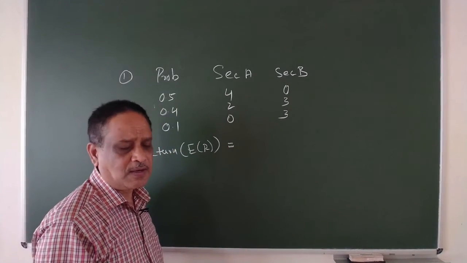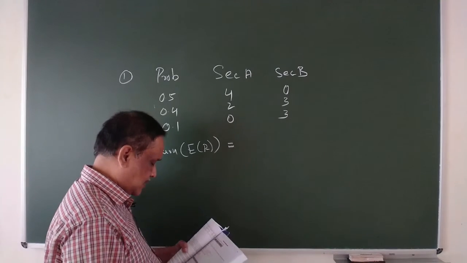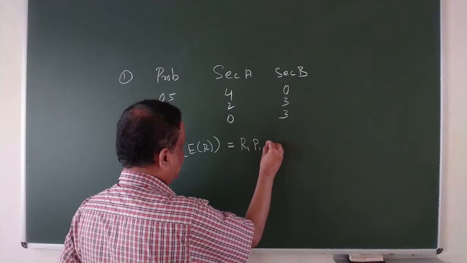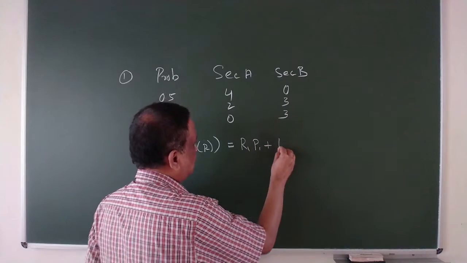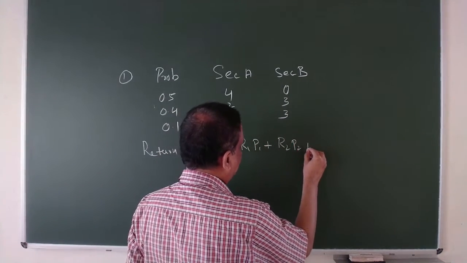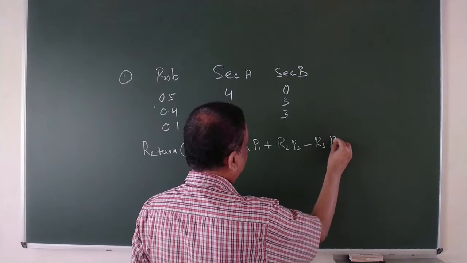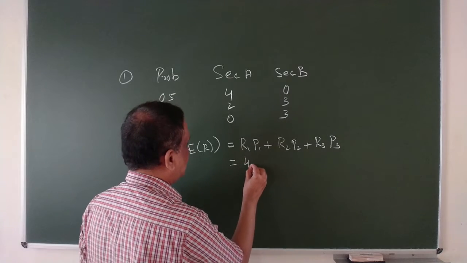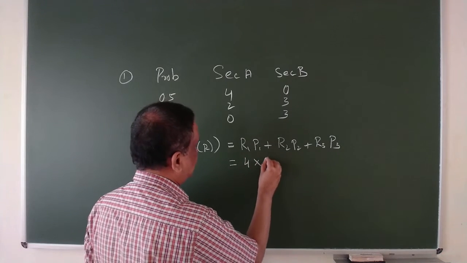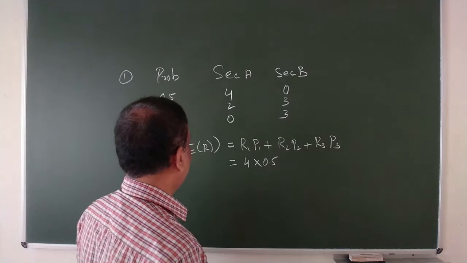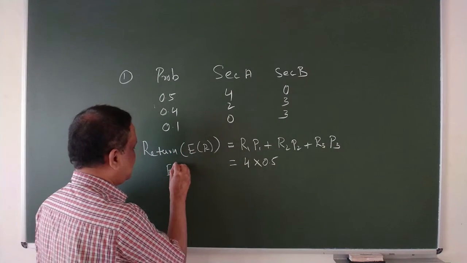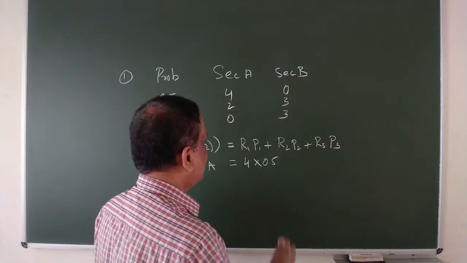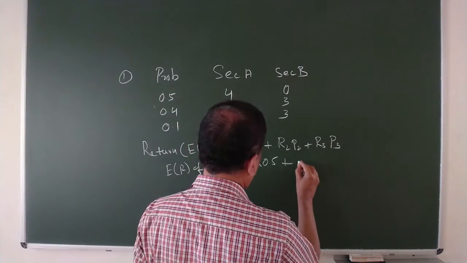As a formula: R1 P1 plus R2 P2 plus R3 P3. Now we are calculating the expected return of A. The first return is 4 into probability 0.5, plus 2 into 0.4,